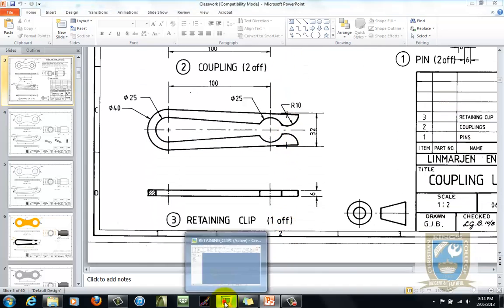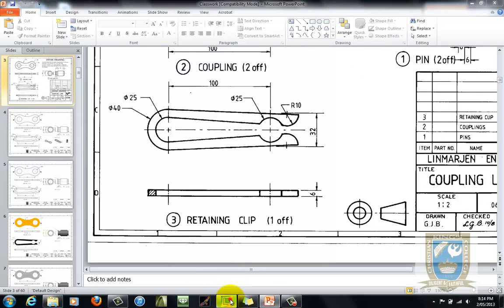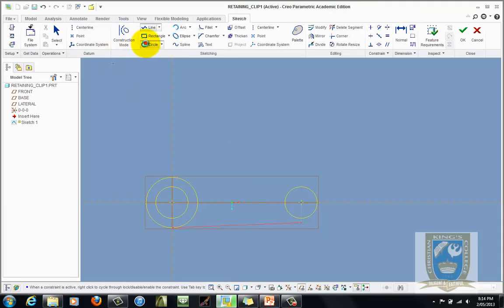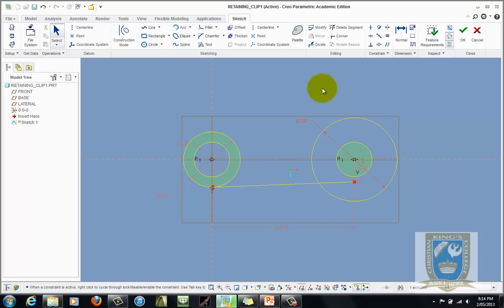So diameter 60, circle tool, make sure it doesn't snap to anything, change it to 60, and now I'm going to use my line tool, snap to the end of that point, and extend that line out. Now when you get those two red dashes appearing on it, that indicates that the two